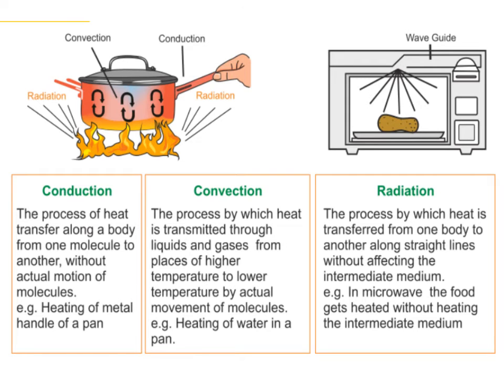Next topic is the differentiation between conduction, convection and the radiation process. Now look at the diagram. If you see in this diagram, the vessel is placed on the glass top, and we are heating the lower portion of this metallic vessel. It gets heated up, and inside the vessel there is water, and the water also is boiling. So we are boiling the water through this process.